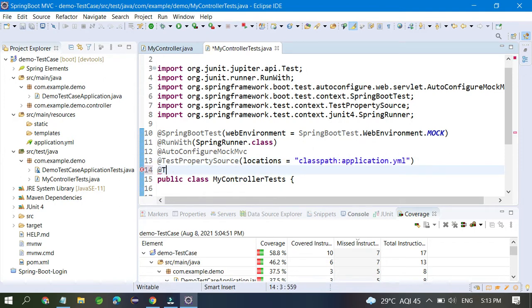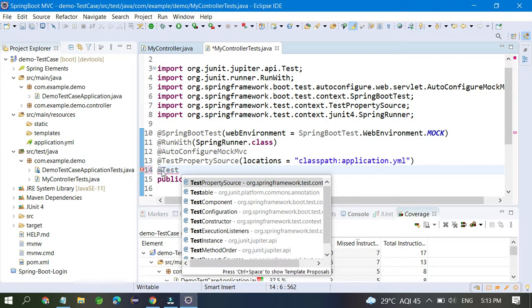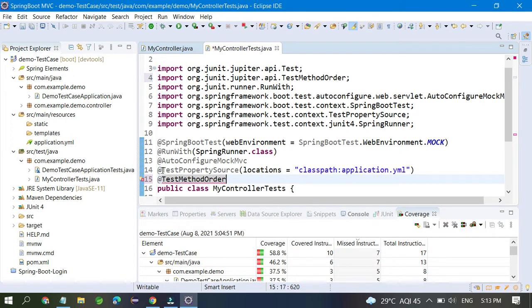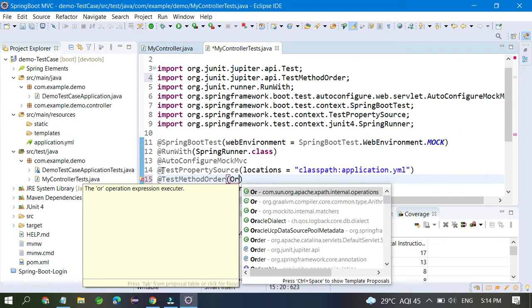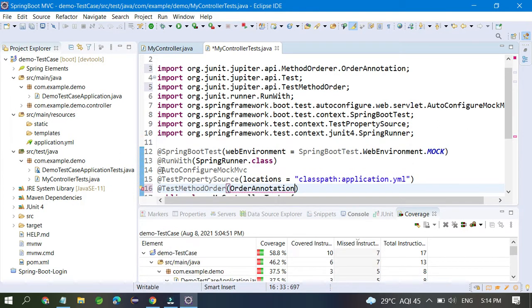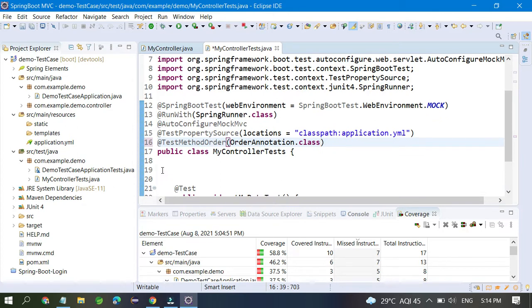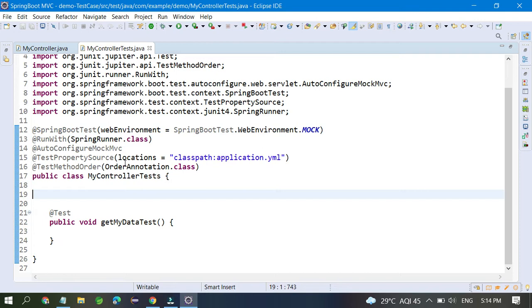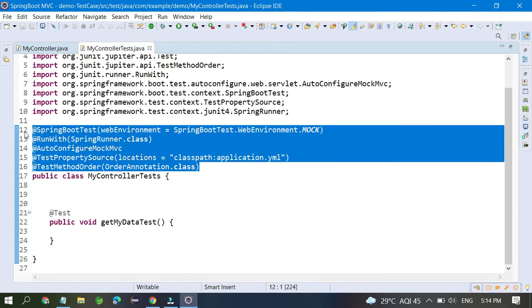So here you can annotate TestMethodOrder with OrderAnnotation.class. So this is what is required. Once you do it one time, you don't have to do it every time, you just copy these things and paste in another controllers. So this is easy for you.